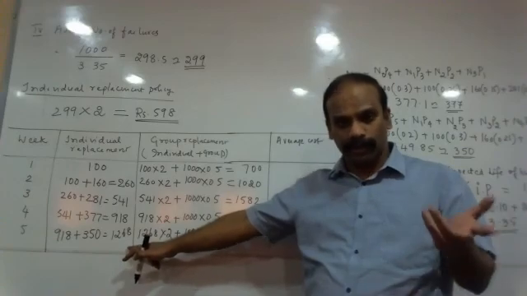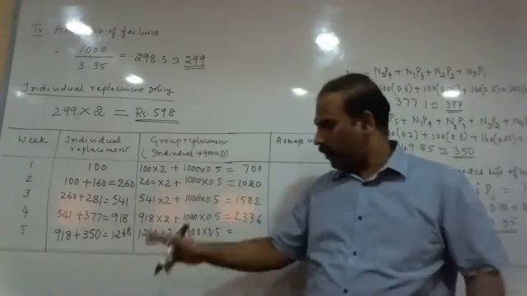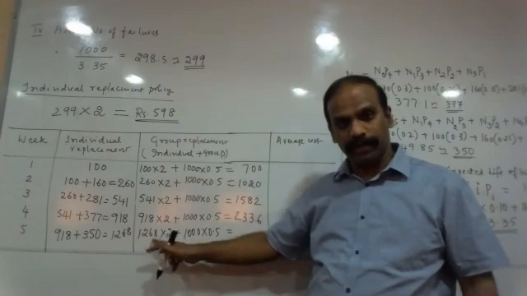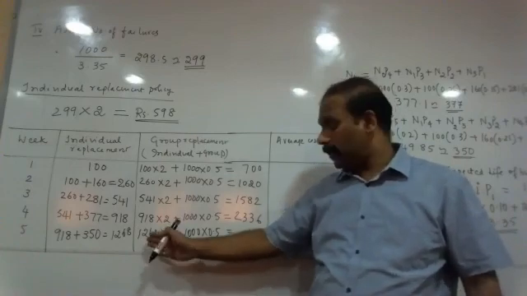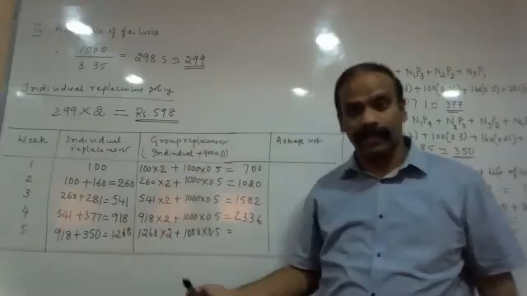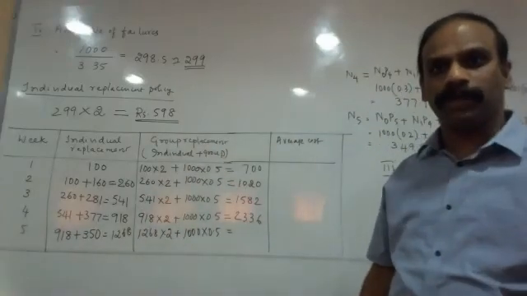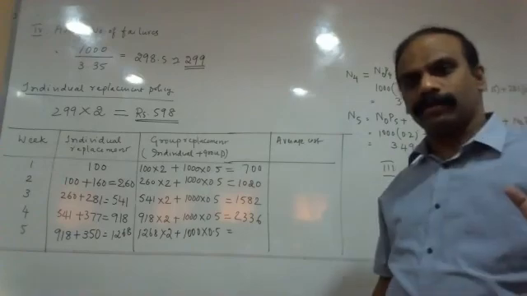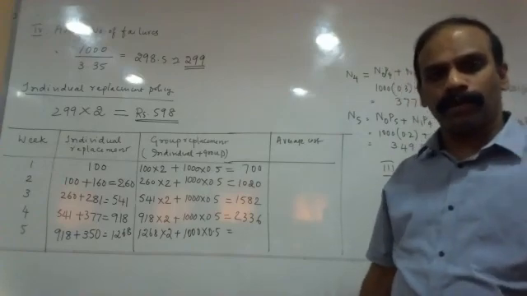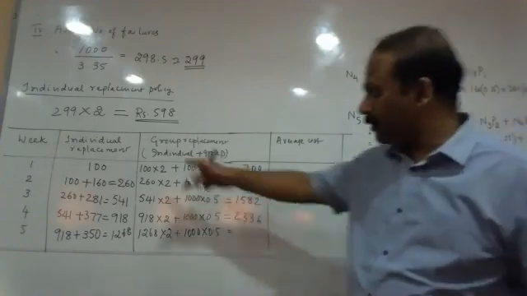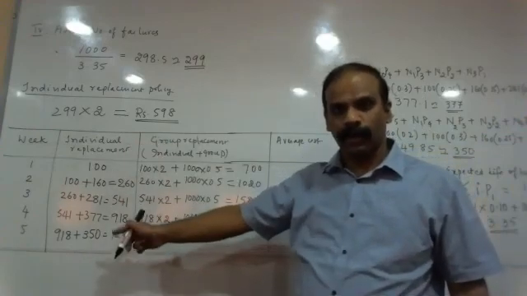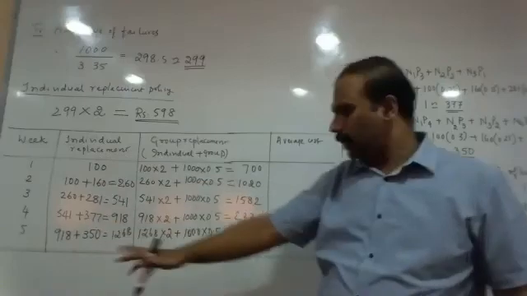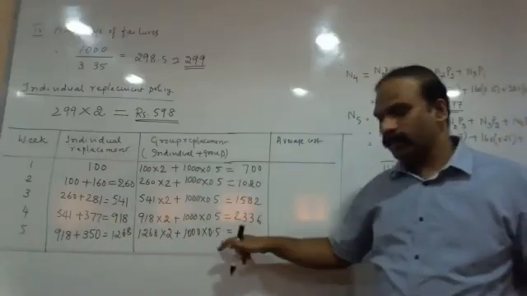Even though there are only 1000 bulbs in the entire system, if you go for individual replacement policy, I have ended up replacing 1268. That means 268 extra bulbs are replaced, which is obviously a cost to the company. So in the majority of cases, individual replacement policy is not a better option, because such duplication might happen in the process. Anyway, I'll explain it later. First we'll calculate this. If we simplify this, how much do we get?